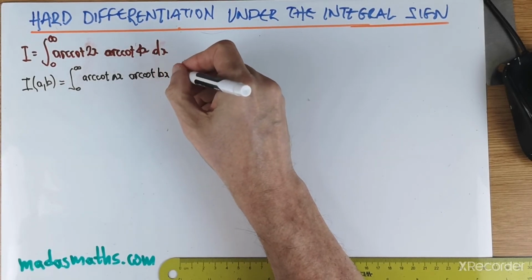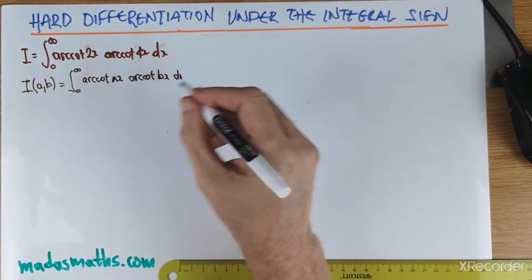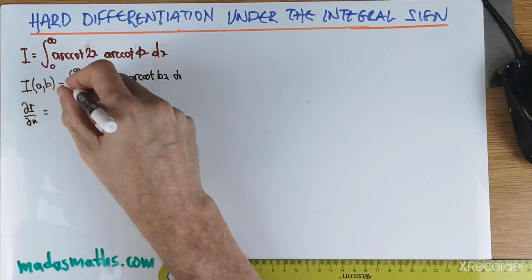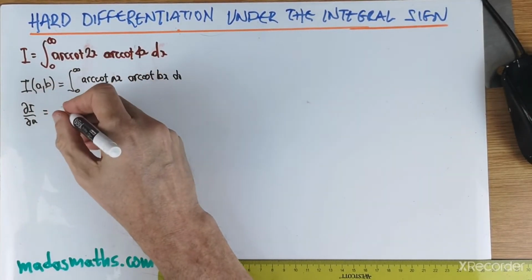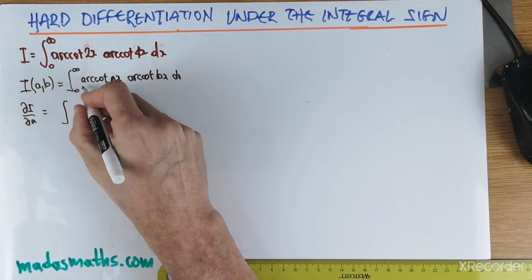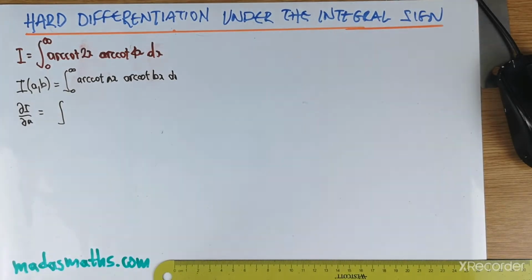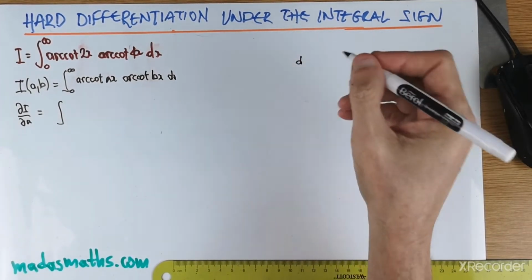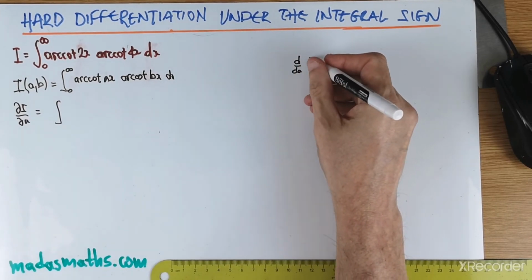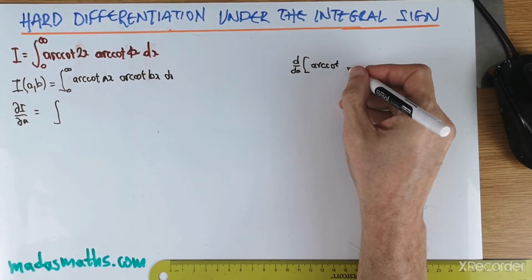The arc cot of bx dx, and we're going to do two differentiations under the integral sign. So let's first of all differentiate dI by da. I'm not going to be writing it in there and then moving it. We've done enough of this now, which should be quite good. So I'm going to differentiate, of course, that with respect to a. That's going to stay in there. I'm going to do that side workings there because we need to be very careful with this. d is with respect to a, and we're differentiating the arc cot of